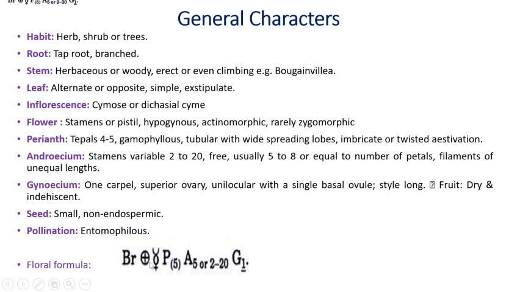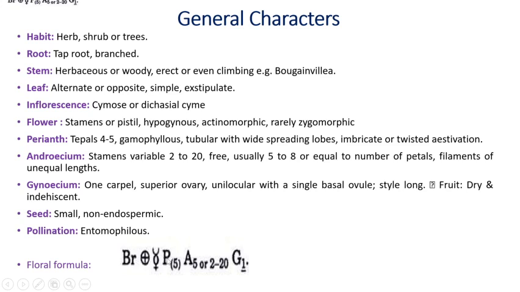Now this plus and circle sign stands for actinomorphic. That means if the flower is cut through any angle, it divides into two equal parts. Now this sign, the lower is female and the upper one is male. That's why the flower is hermaphrodite or bisexual. Then we have studied in the general features that there is no calyx and corolla, they cannot be differentiated. That's why a perianth is present.